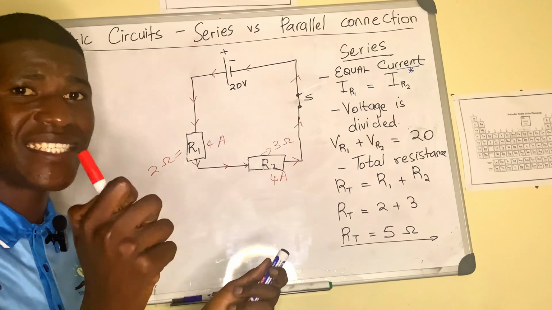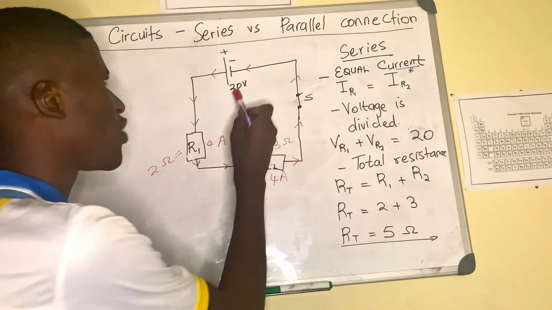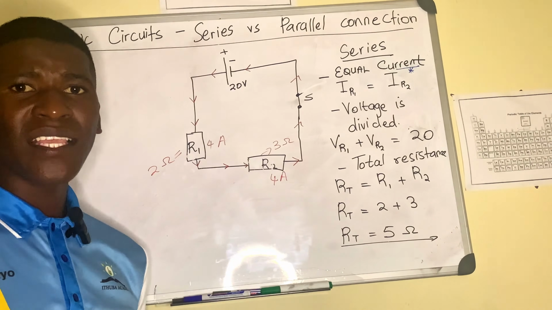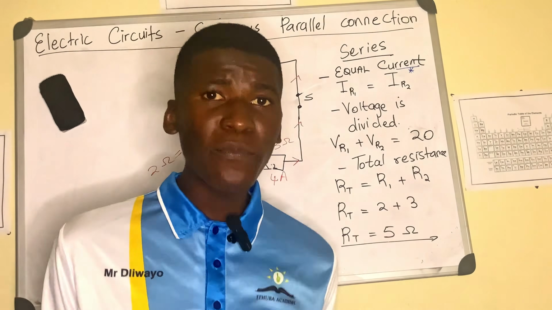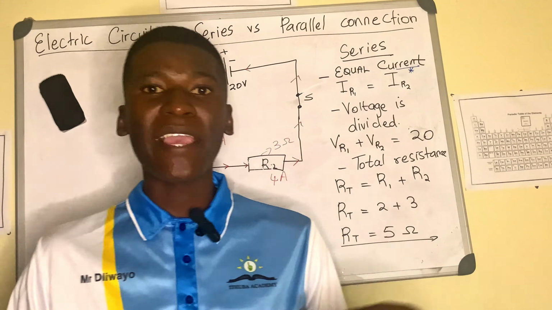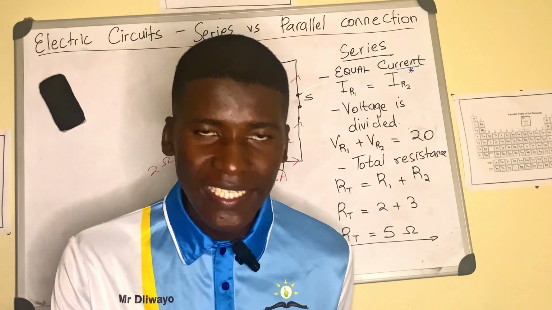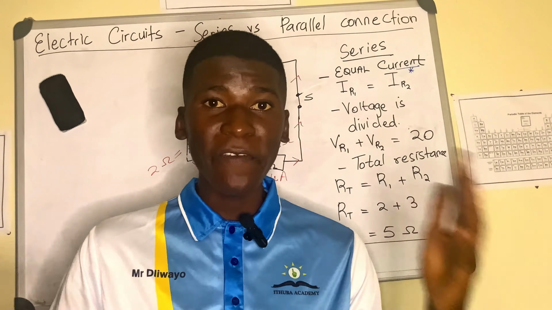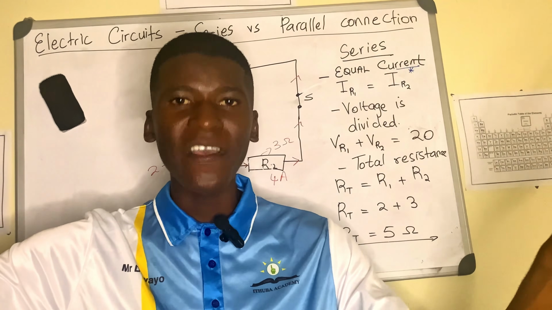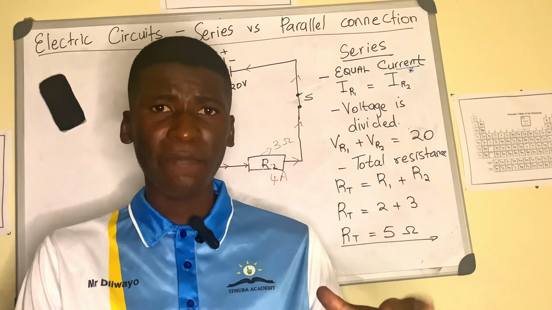But the point that says voltage is divided simply means that for you to get the total voltage, you must add this plus this. It's like, guys, I've got two people here. I'm giving you 100 rands, right? And I'm going to share it in my haphazard way. Person 1, I give them 75 rand. Person 2, I give them 25 rands. If I add the money that person 1 and person 2 have, it must be the 100 rand that I've given them. It must be the total that I've given them.